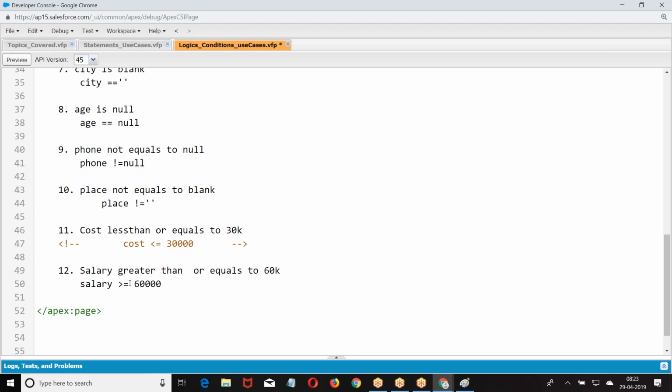These are the basic operators we use for comparison. When you want to write a condition, at the end of the game, any conditional operator I write is going to give me true or false.